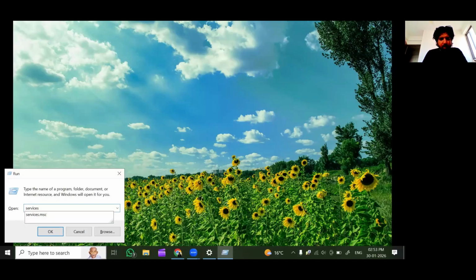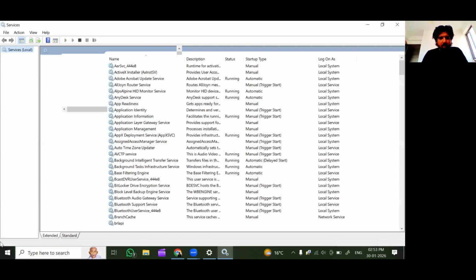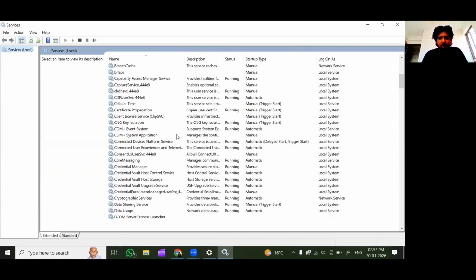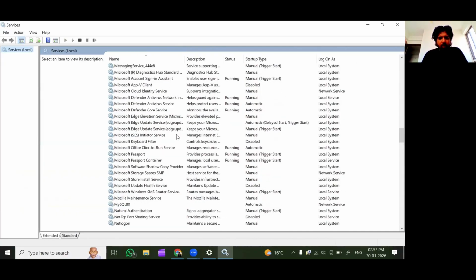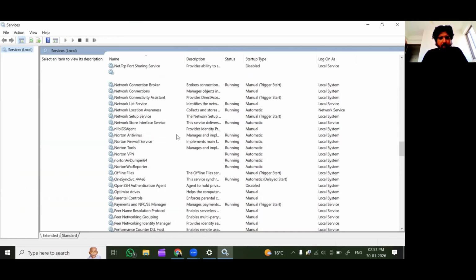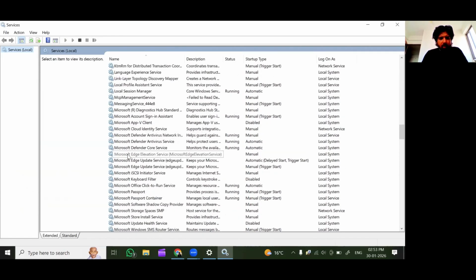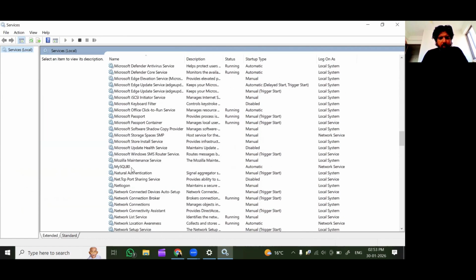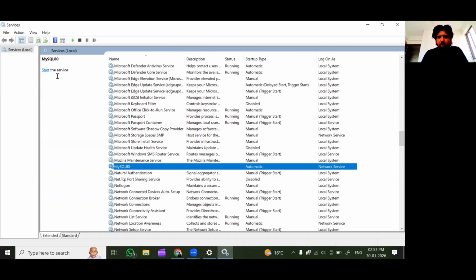Let me take you to the screen. In the run dialog box, we're gonna write services.msc. Now from all the services that appear here, we are going to find MySQL. When we click MySQL, as the MySQL server is currently not operating on the system, the option of start is available here. We're gonna click it